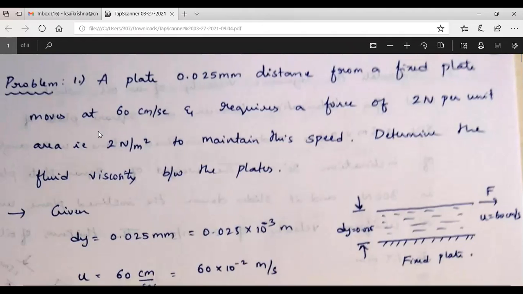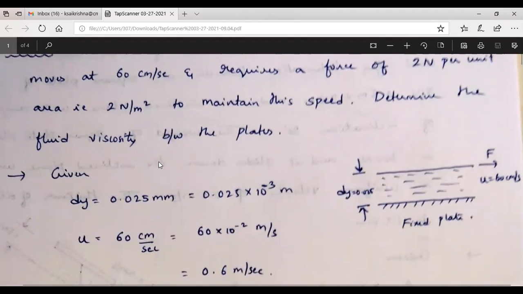After that, next thing he gave is the plate is moving with the velocity of 60 centimeter per second. So here velocity we denote by u. So small u equal to 60 centimeter per second. Again we have to convert this centimeter per second in terms of meters per second. Second to second, no conversion, so only centimeter to meter. 1 centimeter equal to 10 power minus 2 meter, or we know already 1 meter equal to 100 centimeter. So u equal to 60 by 100 meter per second.